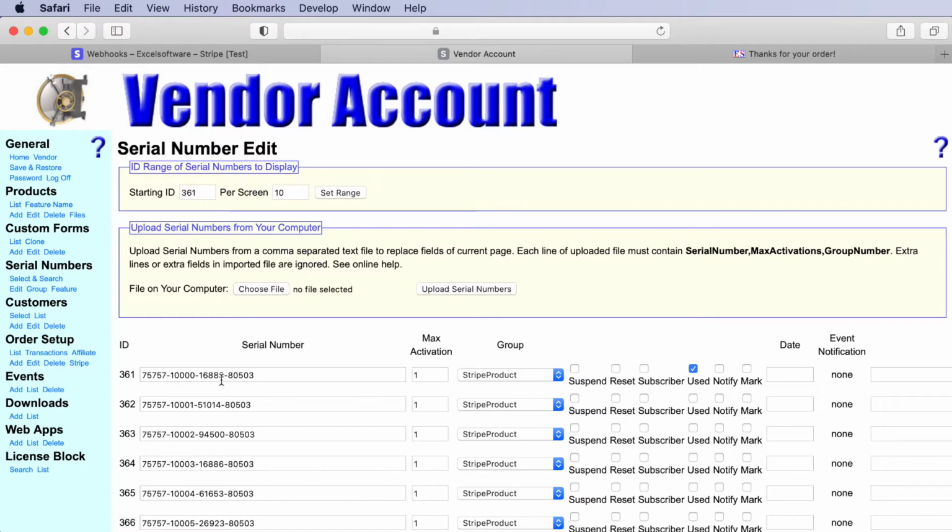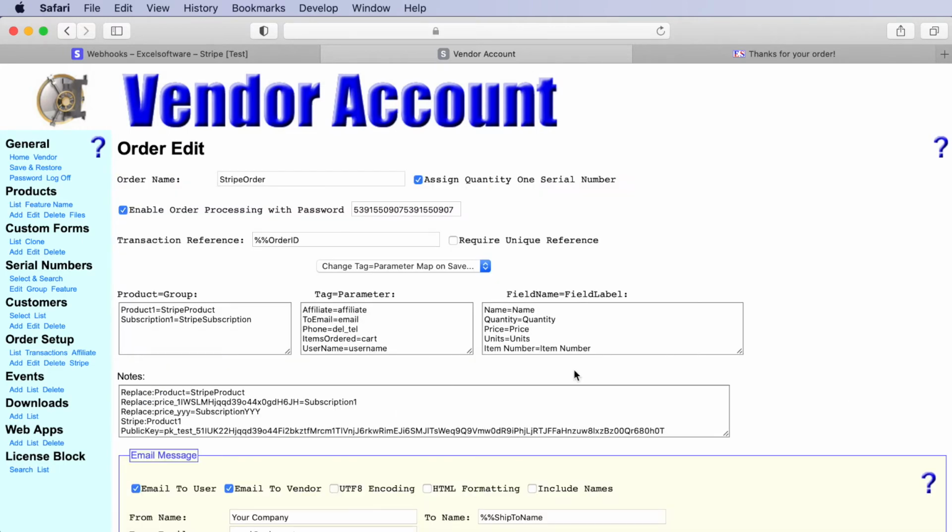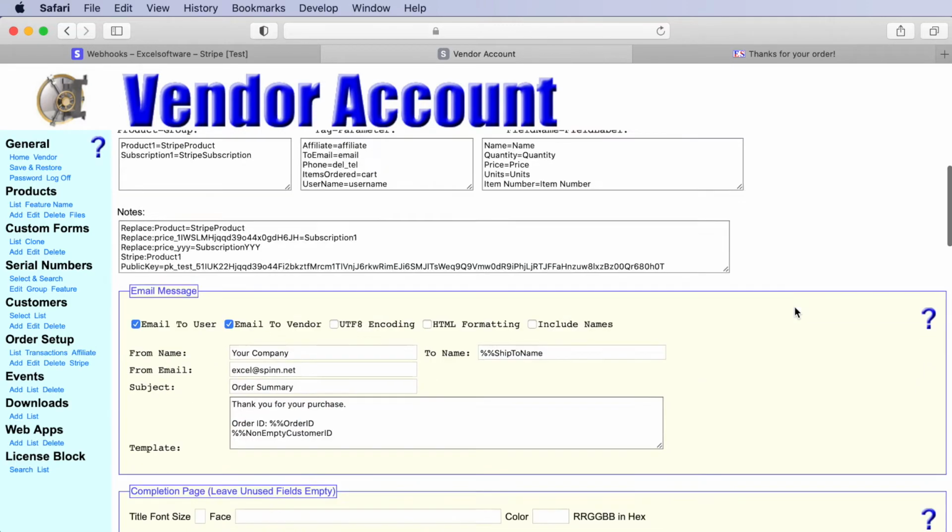Now, how that happened is configured within an order process. If we go under the section Order Setup and click List, we have different types of order processes for collecting PayPal payments, or in this case, we have one set up for Stripe payments. There are a lot of fields on this screen, and there's detailed step-by-step instructions in a help topic in Safe Activation to set this up. But the main point for our simple product purchase is that we have set it up